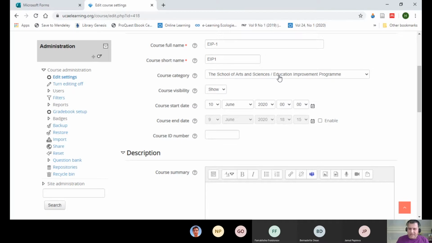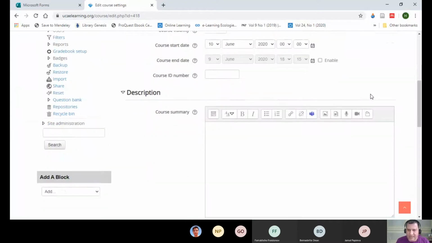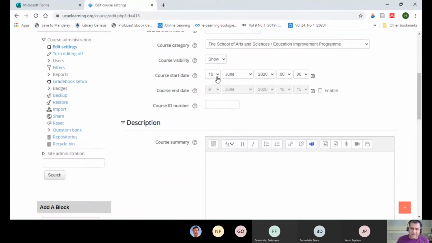And I'm sure you cannot see it. I can see it only because I'm admin of the Moodle. Then course visibility show the course start date. Now this is a tricky thing because what happens, the teachers, when they're setting up their course, they change this